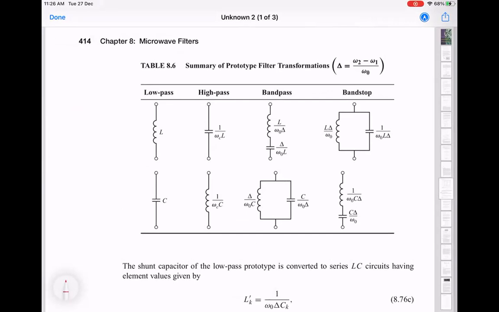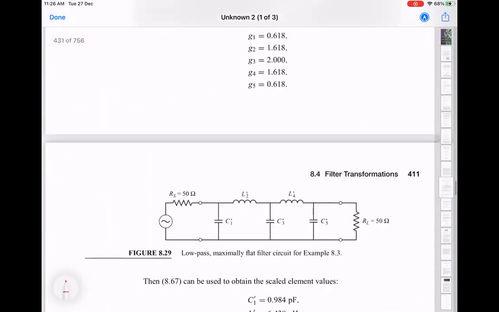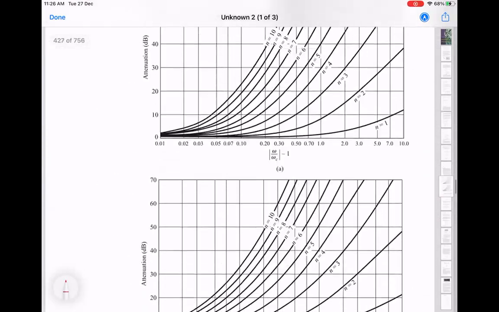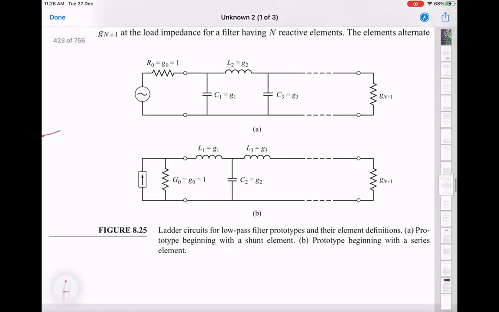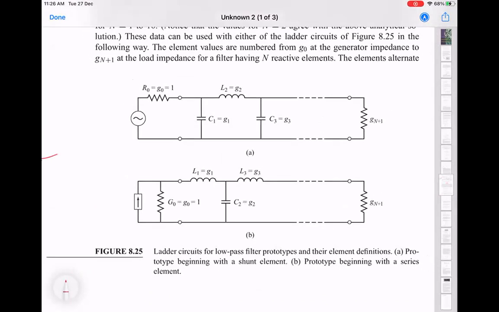So this table basically tells you that same generic structure. What is the generic structure I'm talking about? I'm talking about this network here, which had this network of shunt Cs and series Ls. Depending on the order, you can have many of them. If you just take the same structure and consider that these inductors and capacitors are some elements, not necessarily only inductors and capacitors, but could be anything generic,